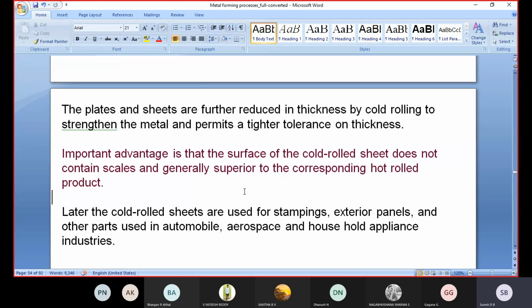Okay. Scale formation. What is the main reason the scale formation is present in hot working process? Because of the raw material. Okay, due to atmospheric temperature, some dust particles are present on top of the surface. Due to atmospheric conditions, some oxidation is present, and the raw material is going to corrode. The same raw material is used in the hot working process.